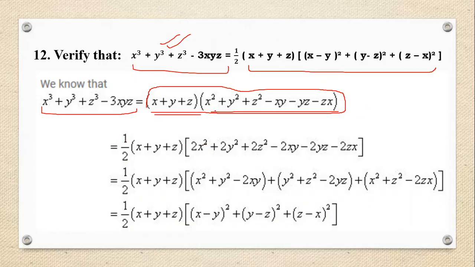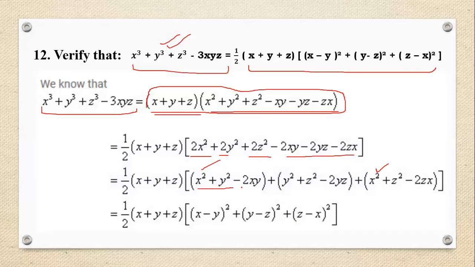So what we have done is we have multiplied 2 with all the terms of the second bracket, and you can see that we have multiplied with all the terms within the second bracket. So this is what we have done. Now next we have to rearrange all these values as per the required identity. So we see x square plus y square minus 2xy. We have split x square as the sum of x square plus x square, and one x square has been taken here and one x square is there. So we have rearranged all the terms by splitting these values and rearranging these three values.